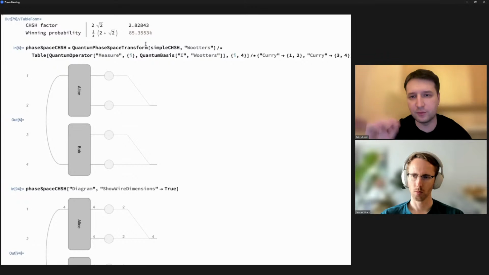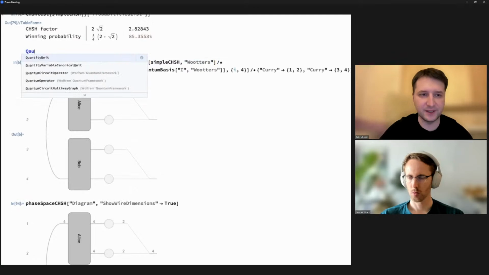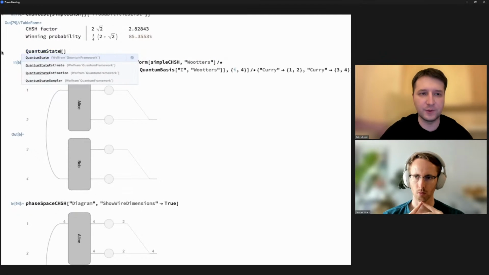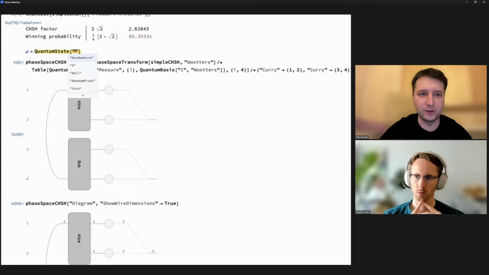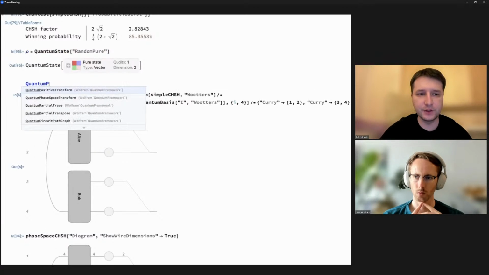We chose some particular basis. You don't have to worry which basis it is. It's like this natural basis in which all the qubits look two-dimensional. I can show an example. For example, for a random quantum state rho, if you transform it to a phase space,